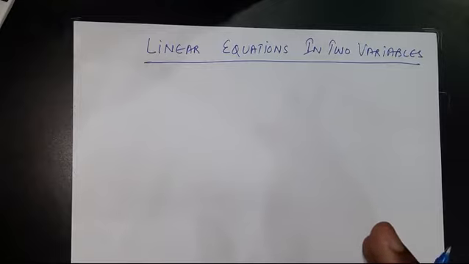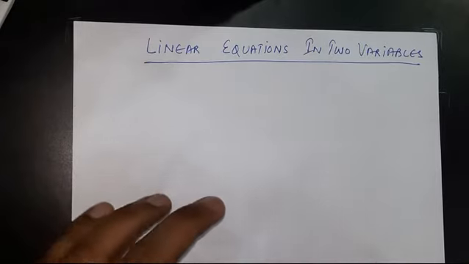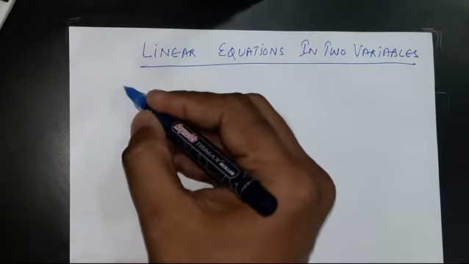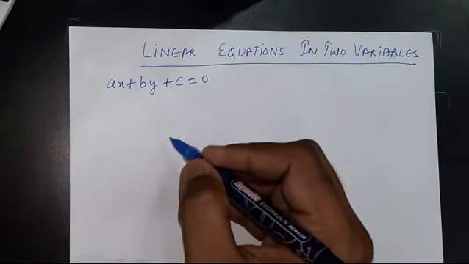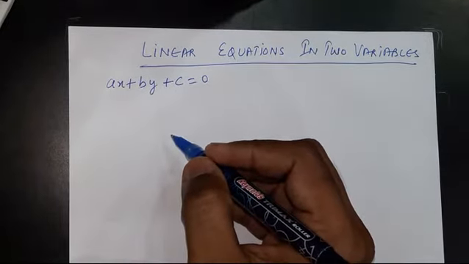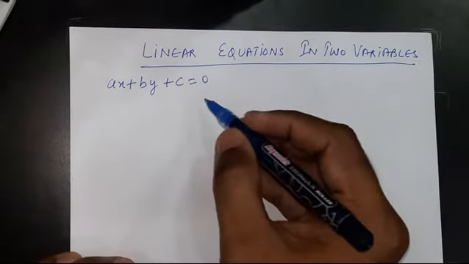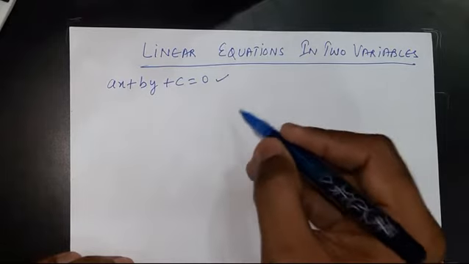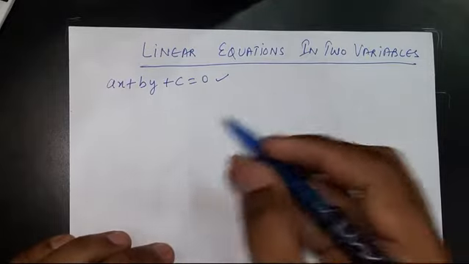So to know the solution of the linear equations in two variables, let us suppose there is an equation like this: ax plus by plus c equal to 0. Here x and y are variables. So in that sense, we can draw a graph of it. We can represent this equation graphically, and in that sense each solution